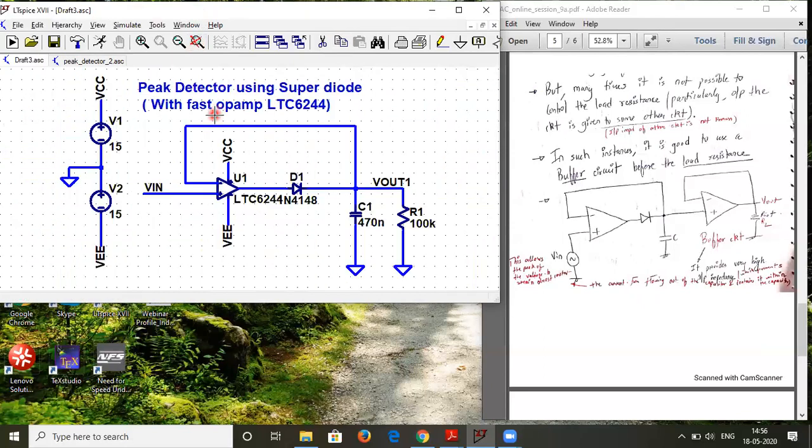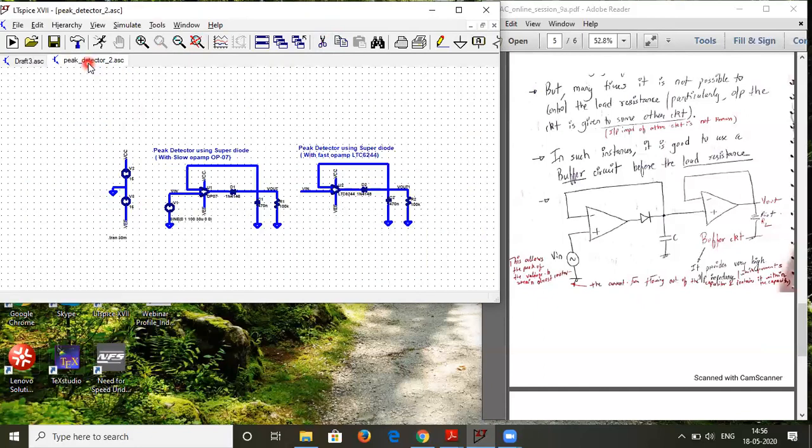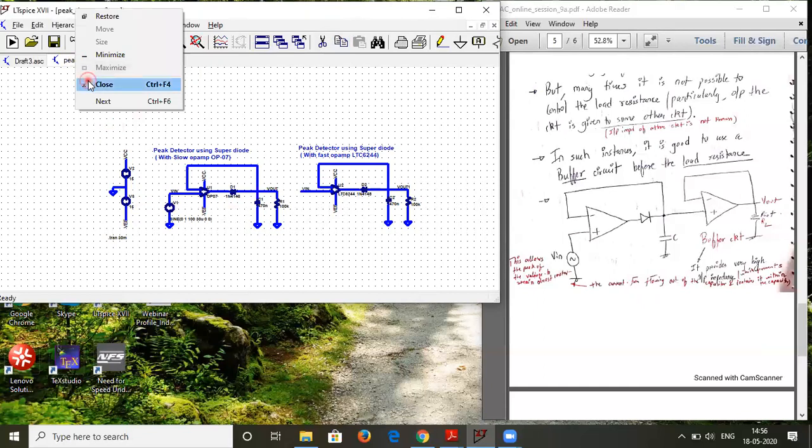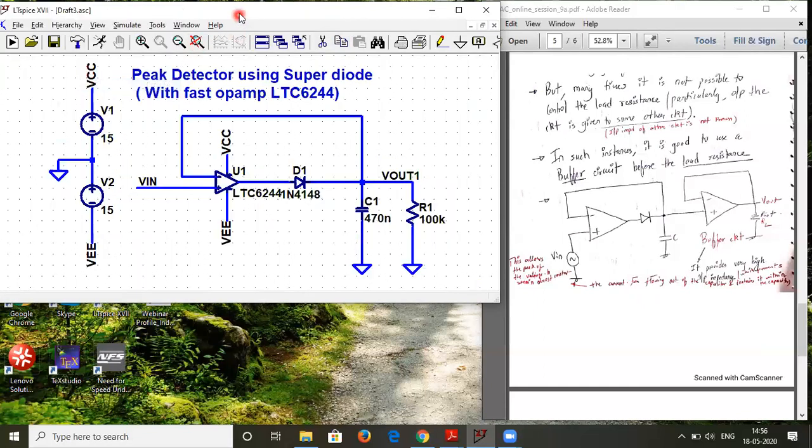Okay, so our circuit is ready. The only thing is the input can also be taken from here. Let it be the input. We can always take it. And now we have to build up on this. Here, instead of this resistor, we will connect another op amp. So let me just remove it.